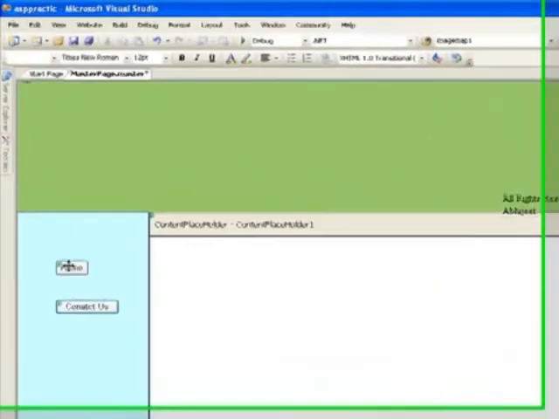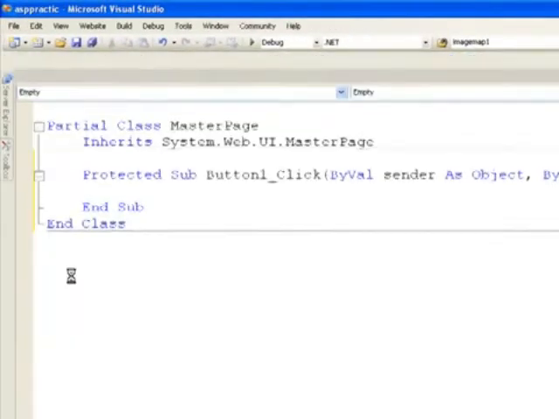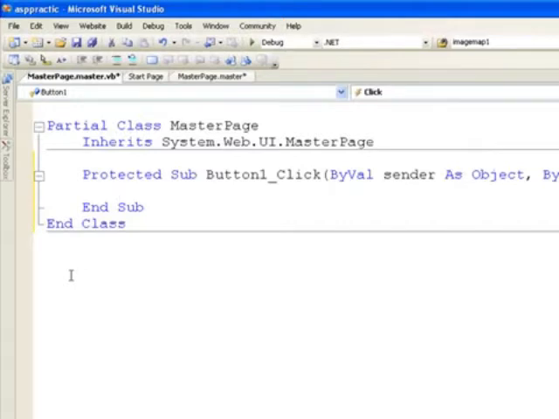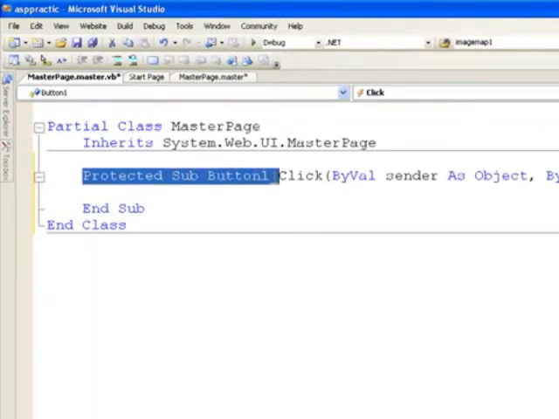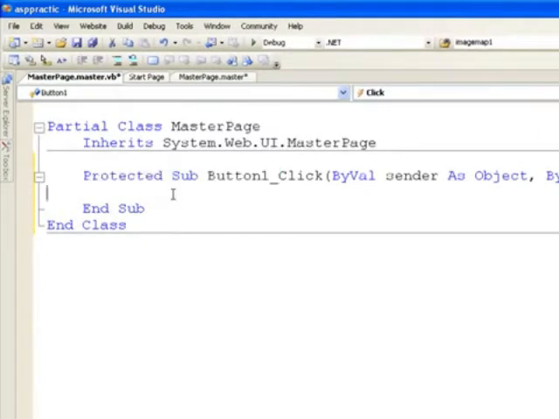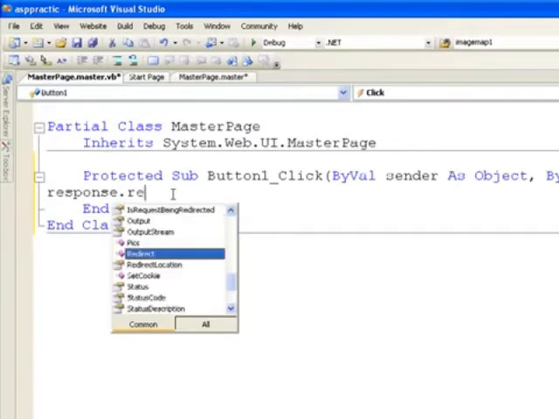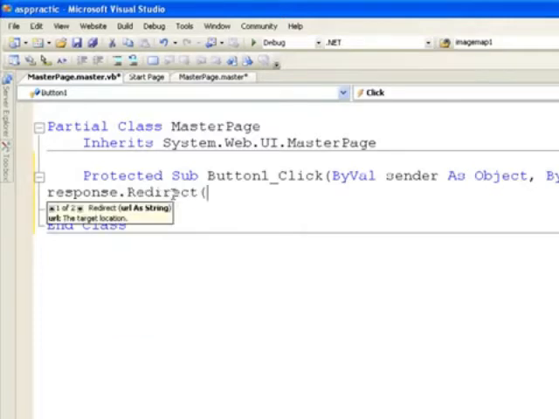Now double click on home. I will reach my event view. This is the button's click event. You can clearly see I'm highlighting protected void Button1_Click. Whenever I click on that, I want a response. So Response is a class, Redirect is a method, and which web page URL as a string, which web page you want to display, that is home.aspx.